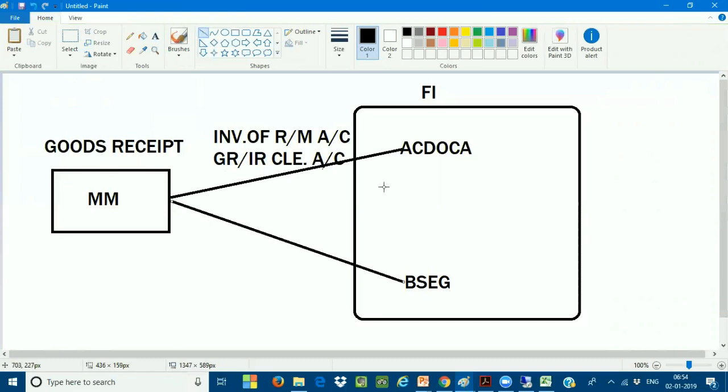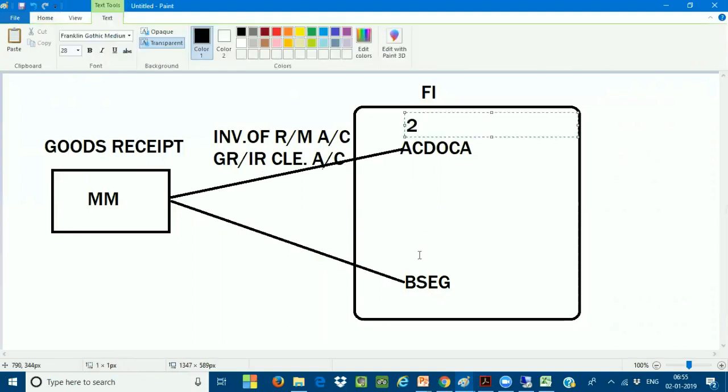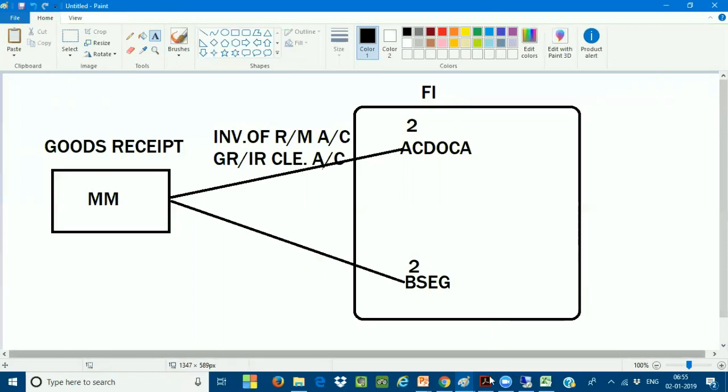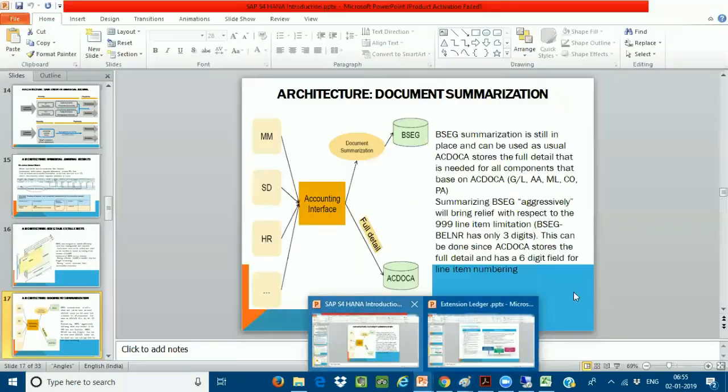This means the document is not only posted to the ACDOCA table, it is also posted to the BSEG level table. Very, very important. So I can see the document both in the ACDOCA table and in the BSEG level table. There are two line items, one debit line item and one credit line item. If I open the document, I can see the two line items here. If I open the document in BSEG, I can see both the debit and credit line items in the BSEG level table also. So both tables are updated with the same information, but this is at line item level and this is at the summarization level. That is very, very important.